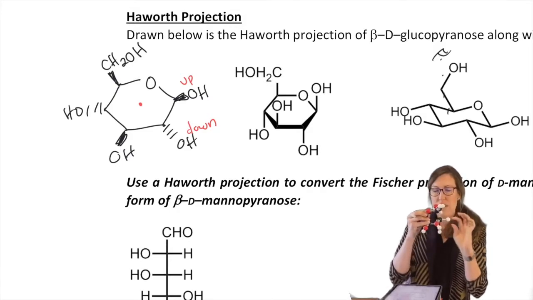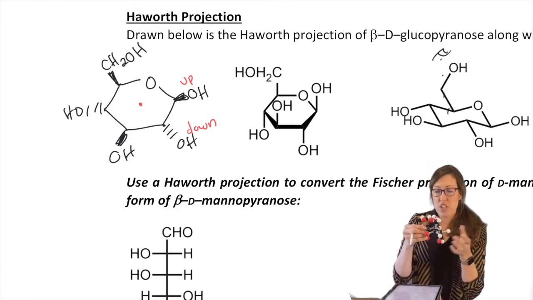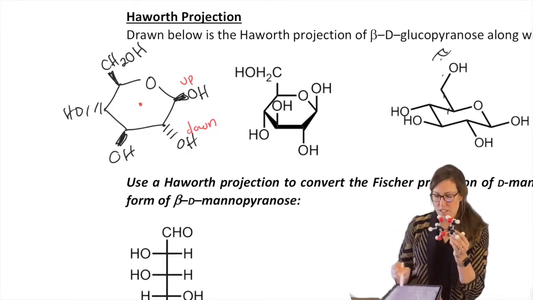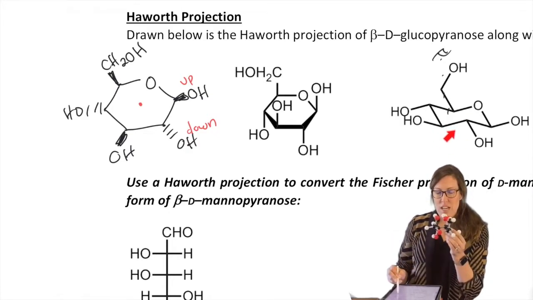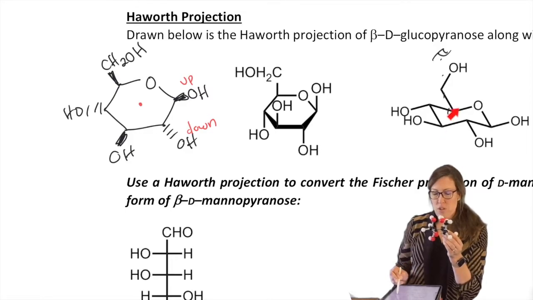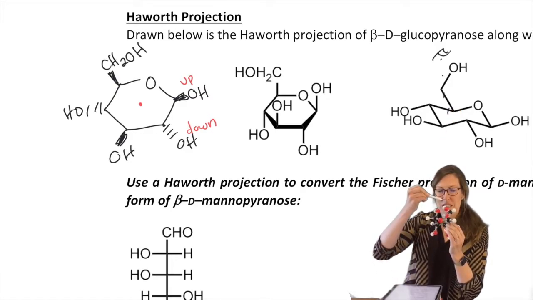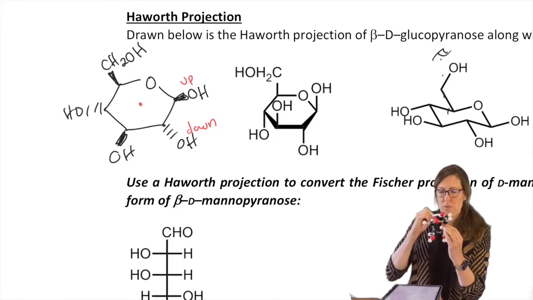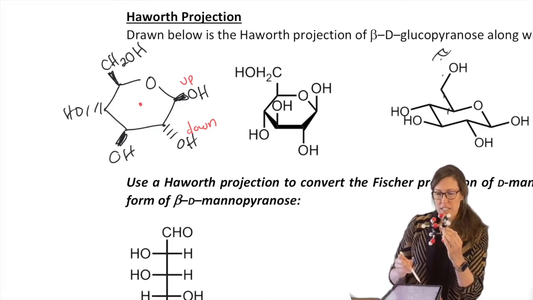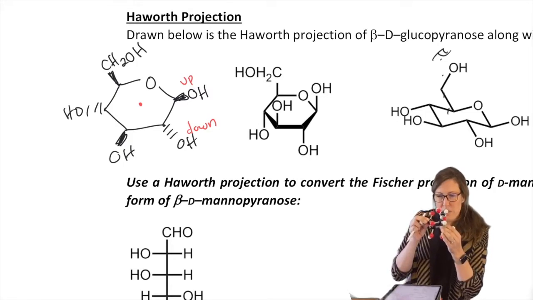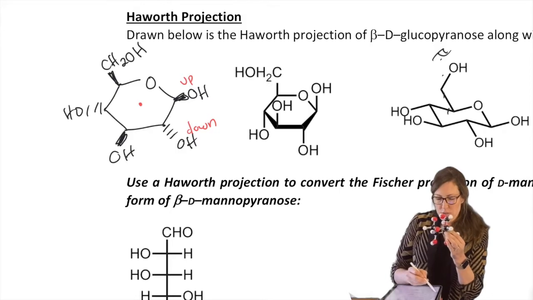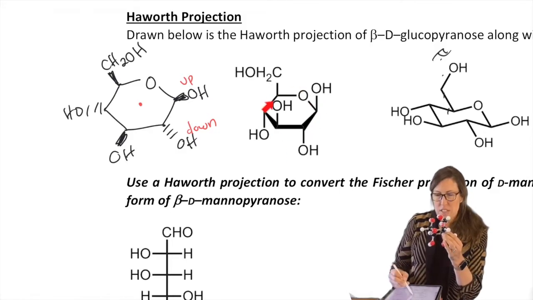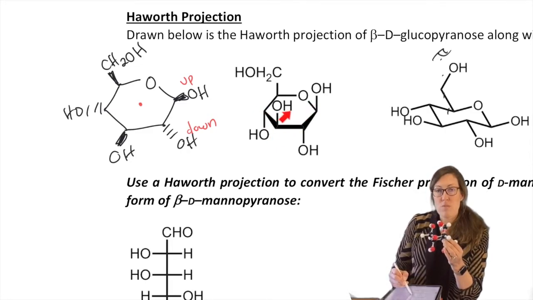So you're looking straight down. Now turn it perpendicular. That's the chair, right? Where we're looking at it from the side. So that's the chair. Now turn the chair back towards you as you bring the O back. Okay, so we have this flat side here. And so before it looks like they're all on the same plane again, just before that, you can tilt it back just a little away from you so that the front is coming toward you and the back is going away. So that's why these are bolded a little more. That is the Haworth projection.